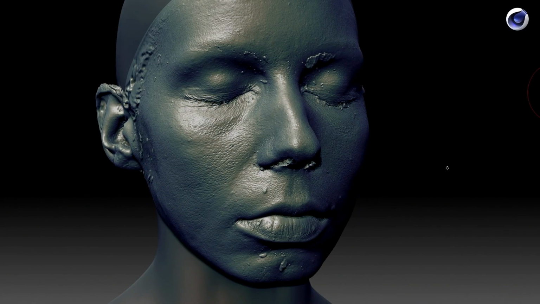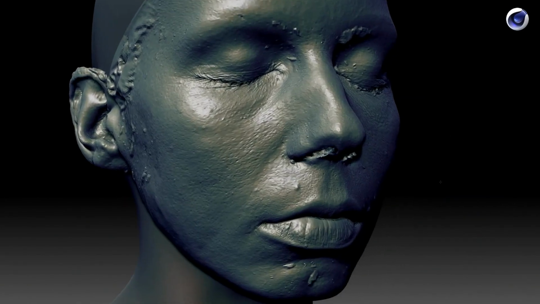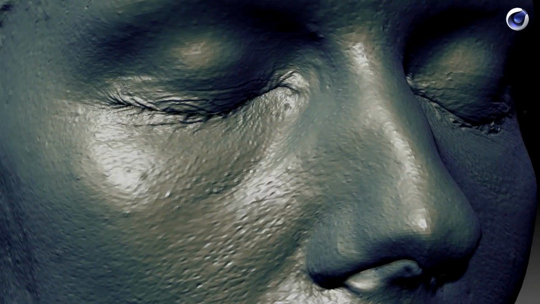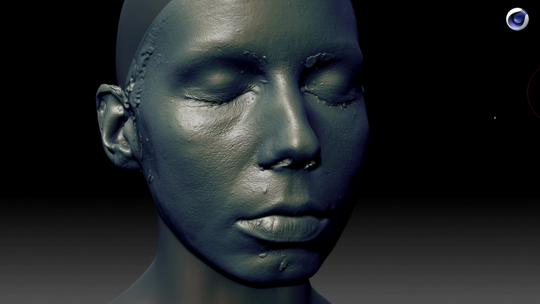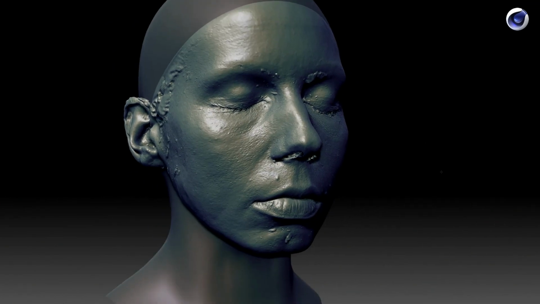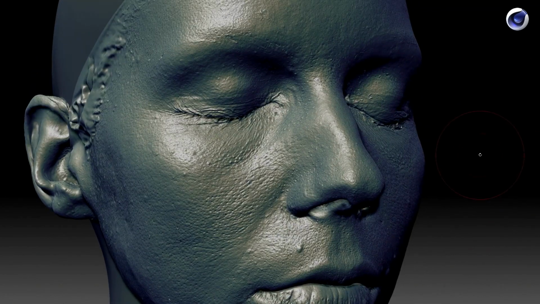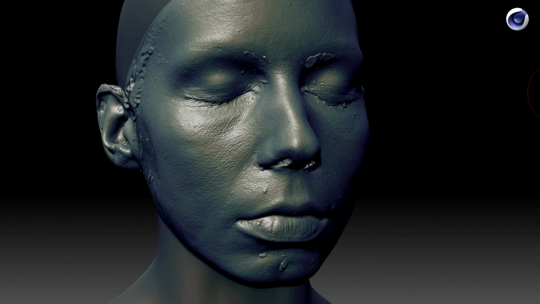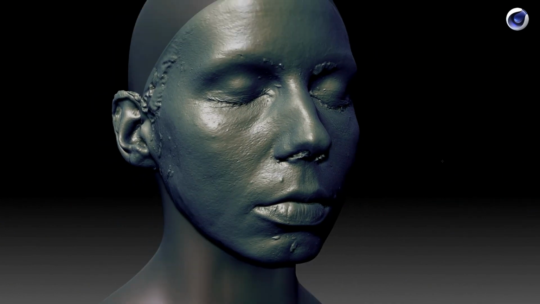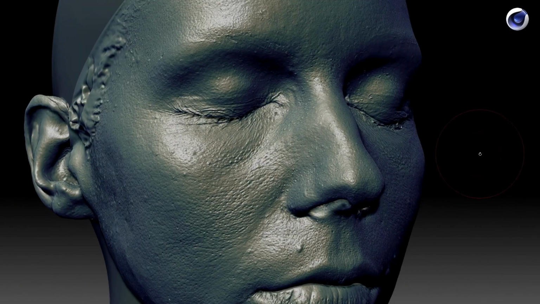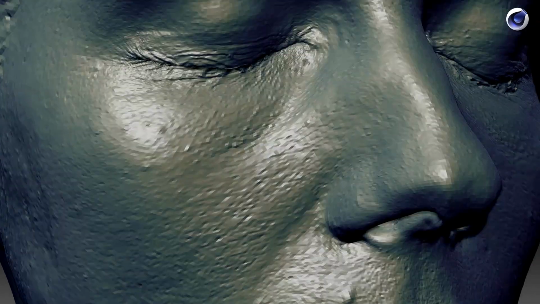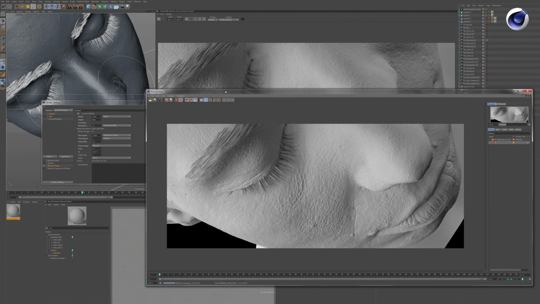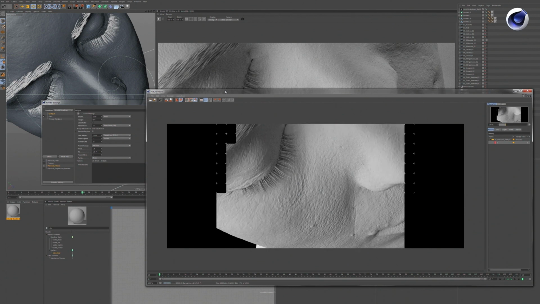And obviously after that we took it to ZBrush. There was some cleanup done by a talented artist called Phil Amelung, and he basically cleaned up the ears and the internal areas of the nose. These are areas that are really difficult to scan, but then we had the high detail model that we wanted, to be able to go into that macro level of detail we wanted to achieve for the first couple of shots. And the first render test we did using Arnold,